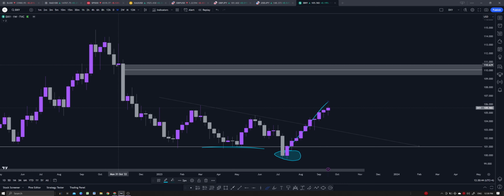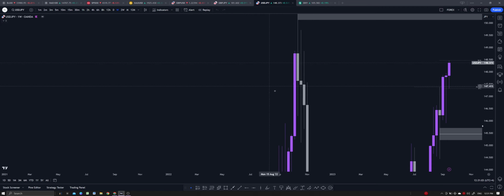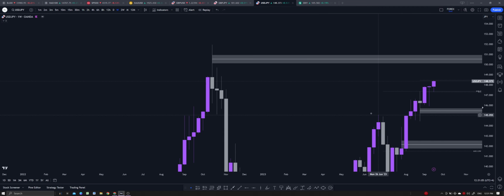I expect price to possibly come around these areas at 110, right? So that's what we have been seeing, but the dollar is bullish. Maybe it is due for a pullback, then maybe a push, but it remains bullish, right? So it confirms the fundamental bias. So let's look at the dollar Japanese yen.